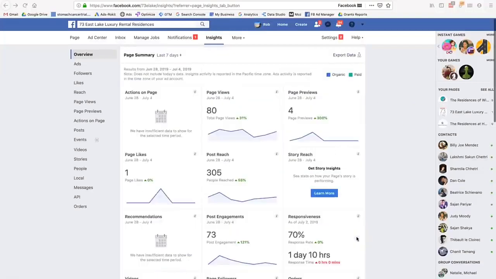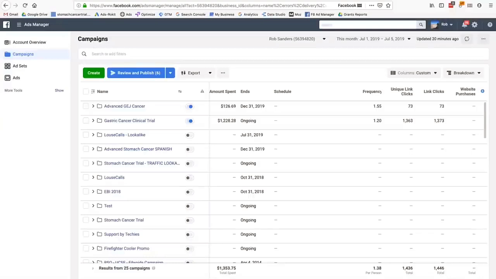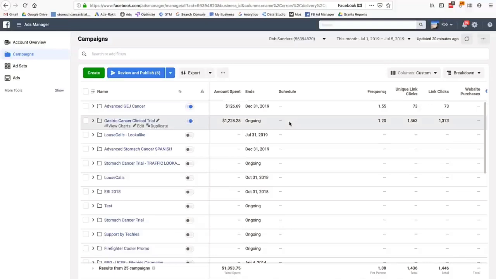So just to let you know, yes, you can go into any one of these platforms on its own and look at metrics. Just like you can do if you're running Facebook ads. Hey, you can go right into Facebook Ads Manager and view data there. Okay, so the whole point here, though, on using a social media tool is that you can measure all that